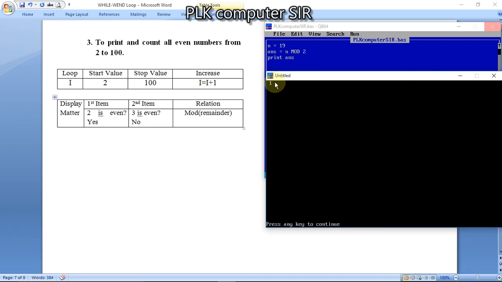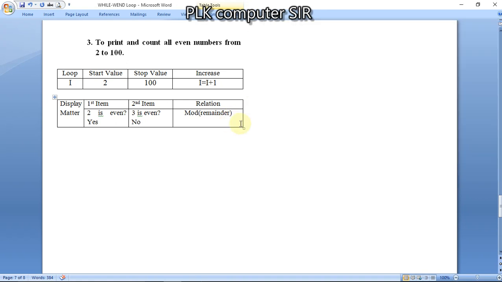In this way we can check the remainder by the mod arithmetic operator. Now how do we check: if we get zero remainder, that is even. Before it was 2, so it was getting remainder 0, it means 2 is an even number, and 19 is an odd number. Now we have to check the condition also.